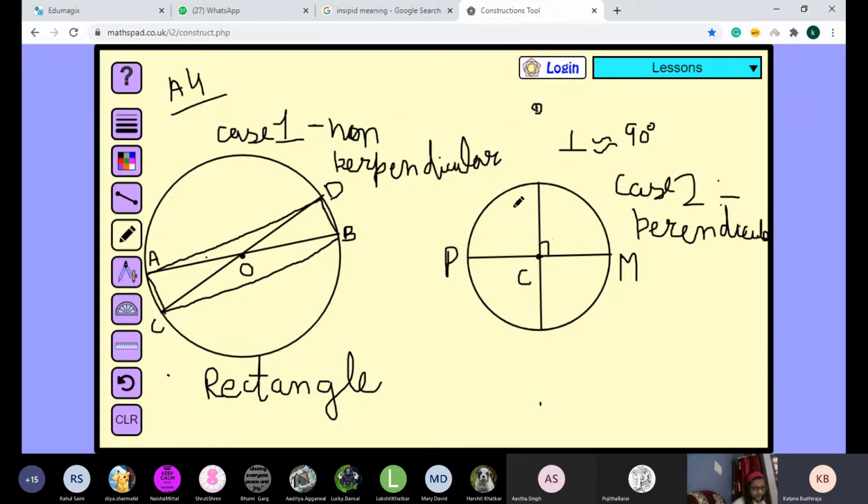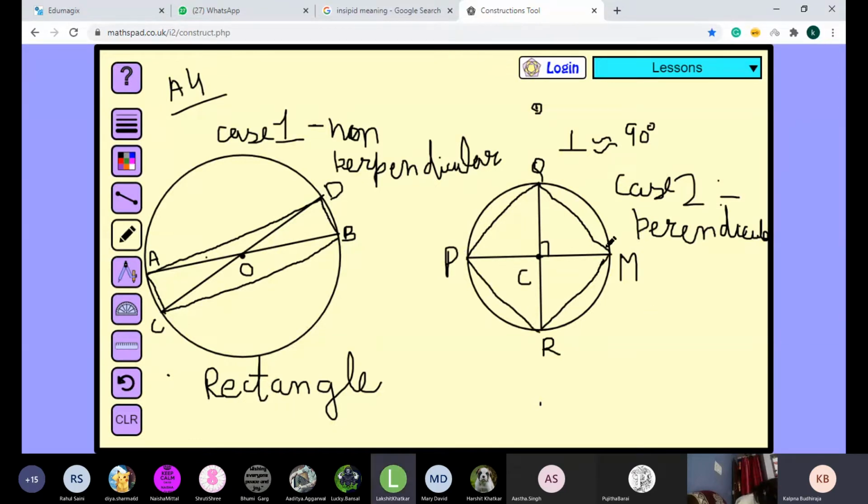Now the next step is to label this. So PM and QR. I have drawn the two diameters. Again, the points are very, very important. So here I am joining this, and the type of figure obtained is a square. When you have the diameters which are at 90 degree, we get a figure called a square.